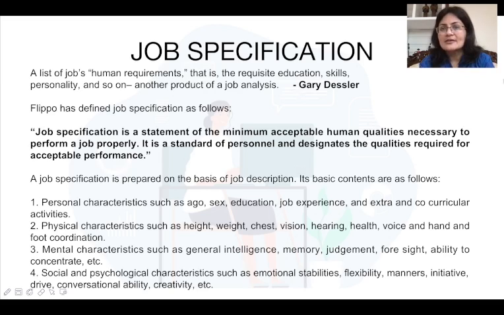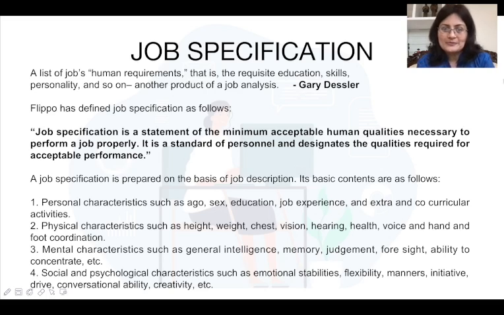These are just illustrations to tell you that this is the kind of thing which is called job specification. So job specification is prepared on the basis of job description.